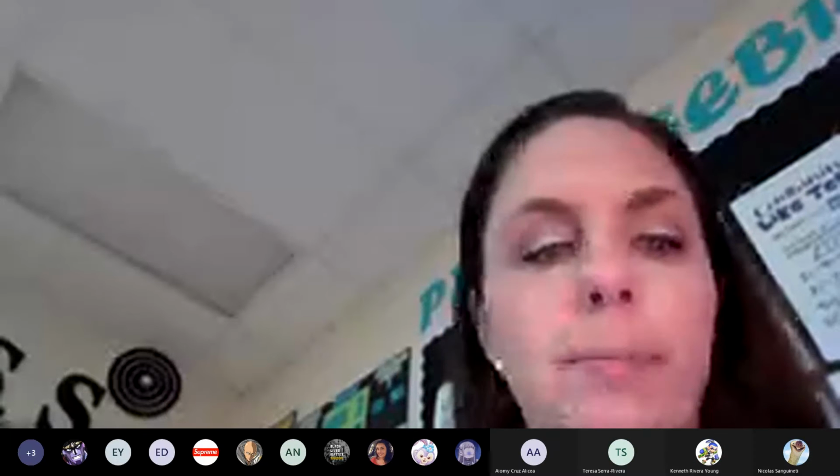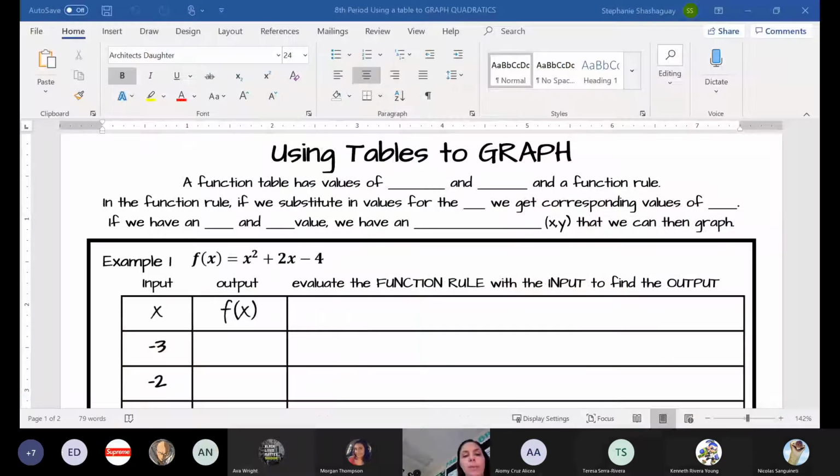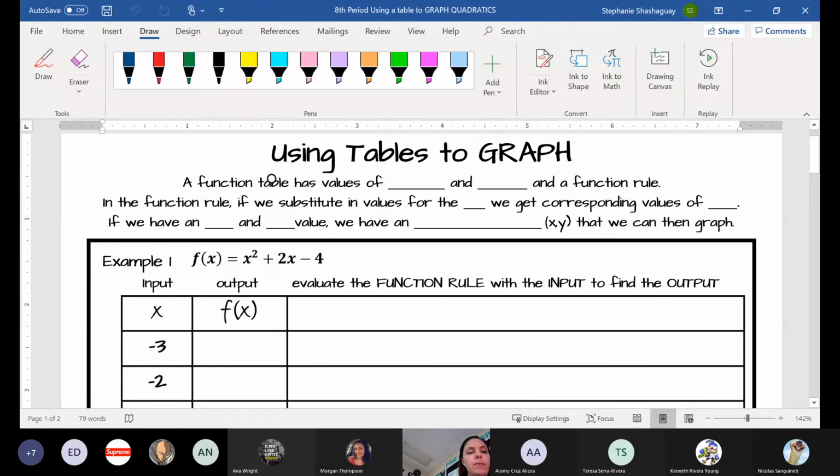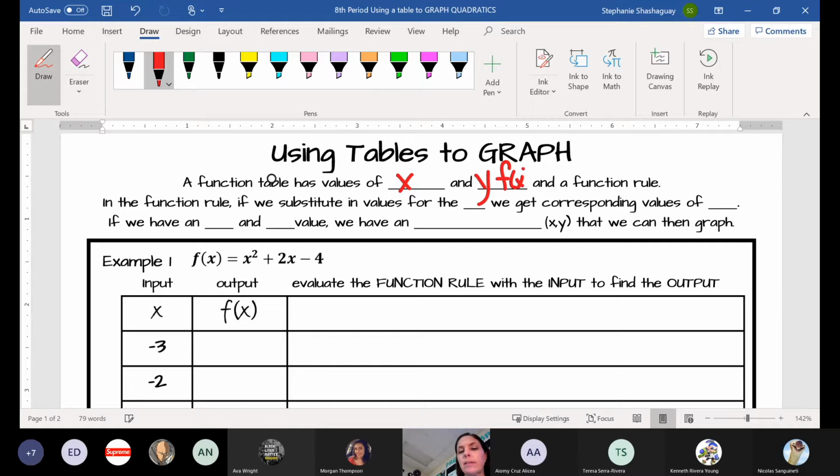Use tables to graph. A function table has values of x and y. Remember, y can also be written as f of x. They can be used interchangeably. This is just your function notation, because it's giving you a function rule. And a function rule is really just a fancy way of saying